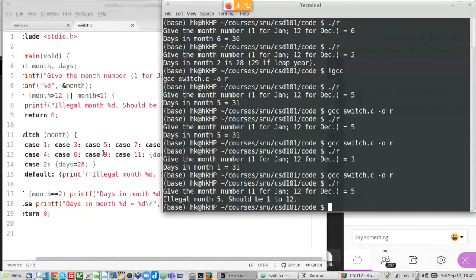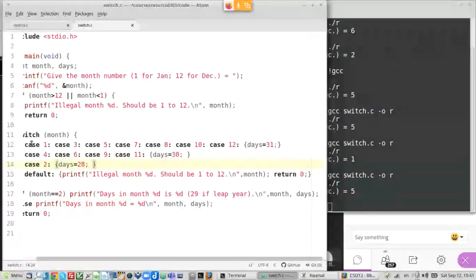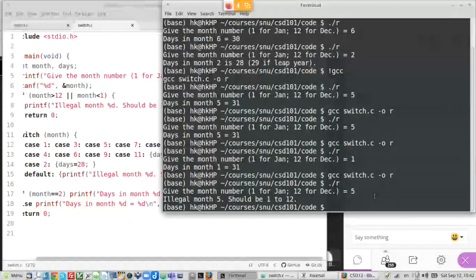So I have given a month which is legal. So notice what my code looks like, right? It goes through this case, it matches this case, days 31 is what I expect to be printed. But because there is no break here, it cascades into the next case. Now this case does not match because 4, 6, 9, etc. is there. Then it cascades to the next case. Again, case 2 does not match because it was 5. And then of course it cascades to default. Default always matches. So it goes and prints illegal month, should be 1 to 12. Okay, so you see that